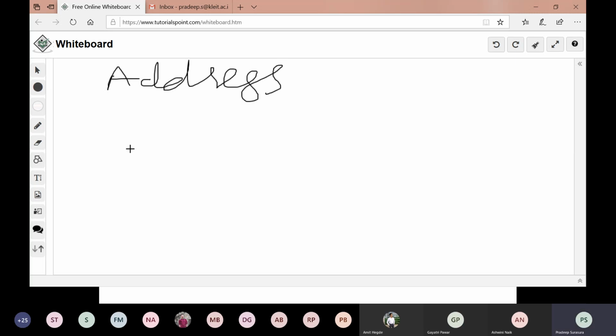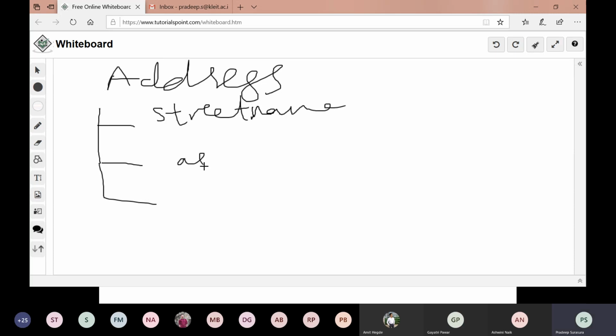I can call it complex, but rather it is a composite attribute. Now address will have what? Street name, area, city, and pin, and so on. So address is a composite attribute.